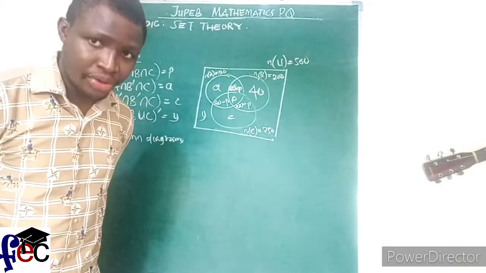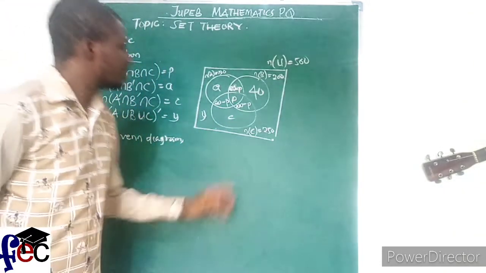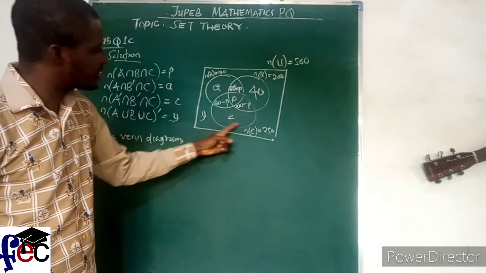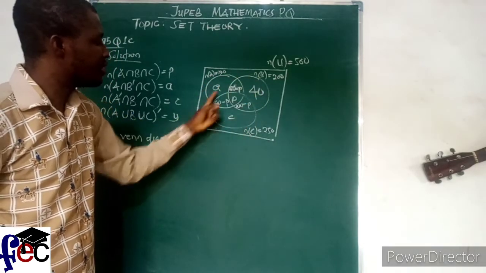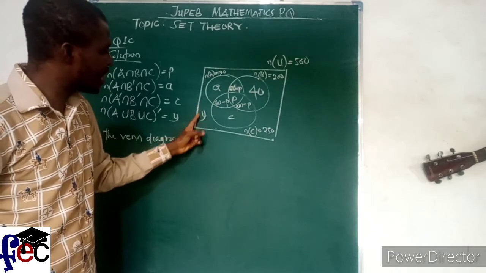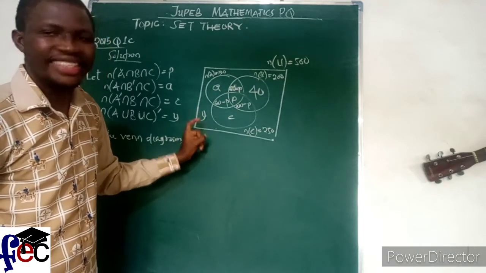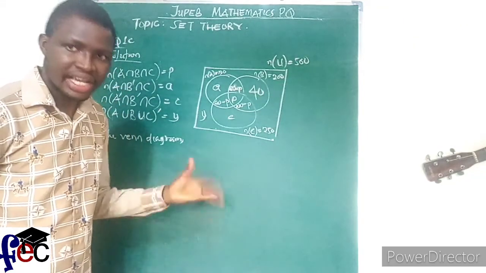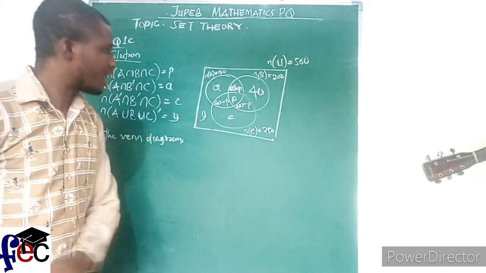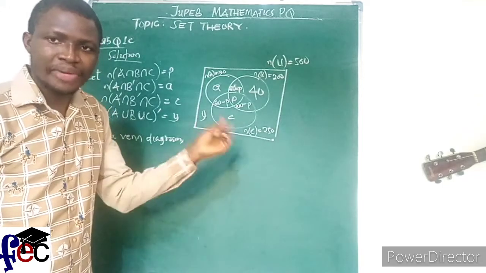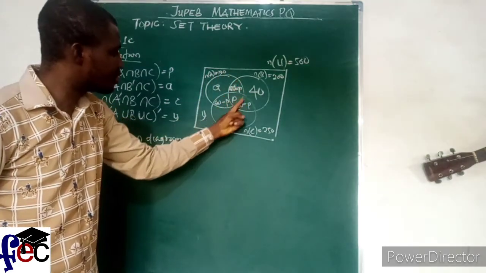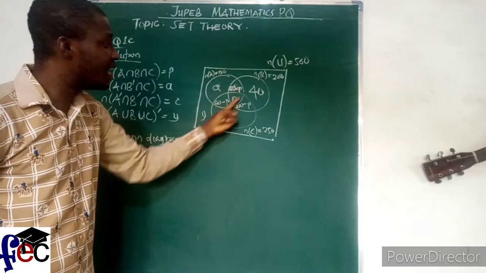I want you to know this, that when you sum up everything inside these three circles together with what is outside the circle, which is Y, the result will give you 500, the entire set. That is one. Another thing I want you to know about this Venn diagram is that everything inside this single circle here represents